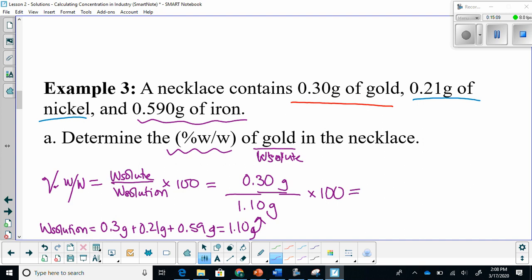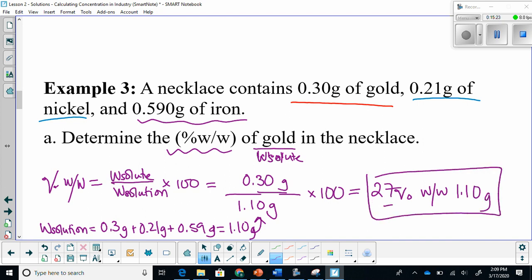This will then give me a percentage of 27% weight by weight to a total mass of 1.10 grams. Okay, so it's saying there's 27% gold at a weight by weight ratio in a total piece of jewelry that weighs 1.1 grams. Let's look at the percentage of